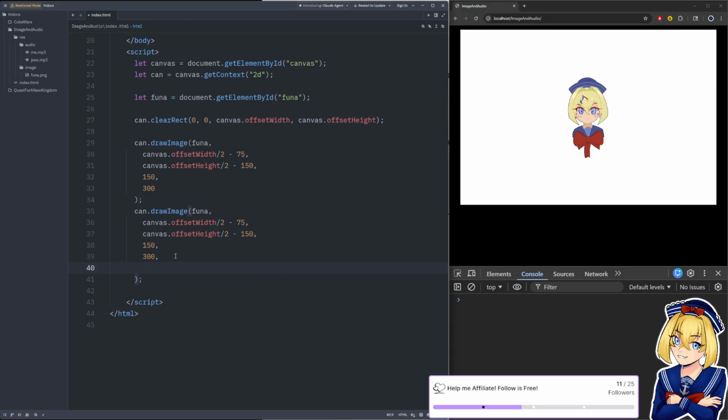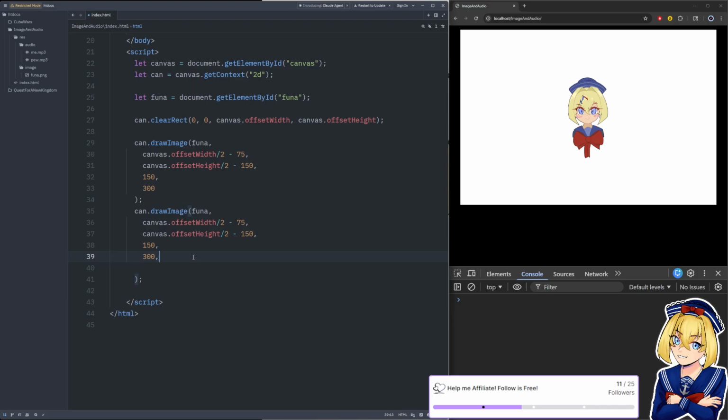So you're going to draw it as if it were already cropped to the section of the sprite sheet that you want to show.